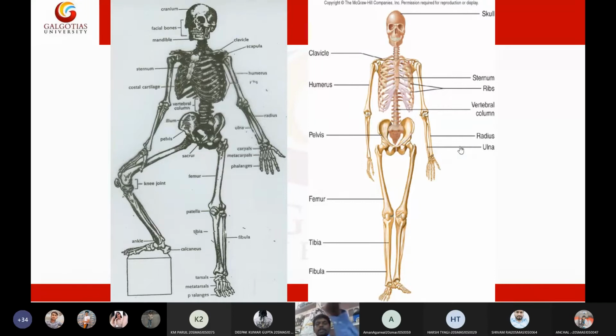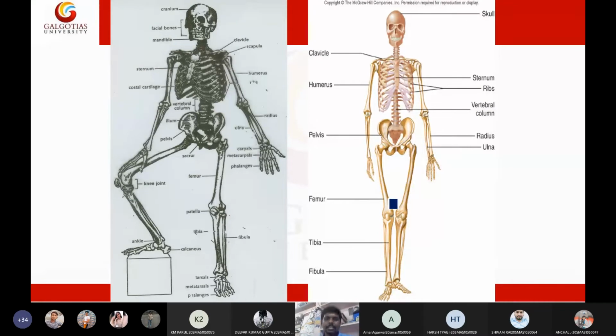Or simply, when you keep your hand like this, supine position means like this. Towards the thumb you will have the radius, towards the pinky finger you will have the ulna. So always remember, towards the thumb is the radius, towards the midline is the ulna, and the bone above is called the humerus. Similarly, in the legs we have a bone equivalent to the humerus, and that is called the femur.